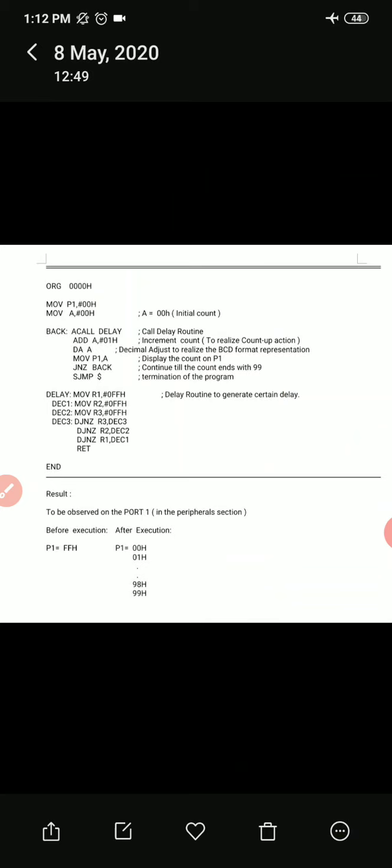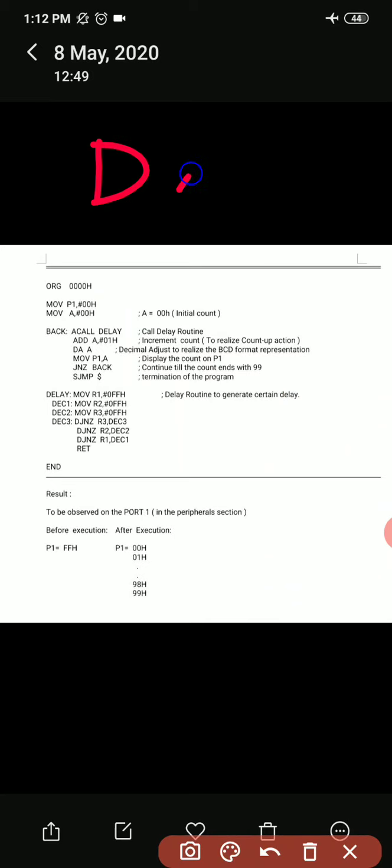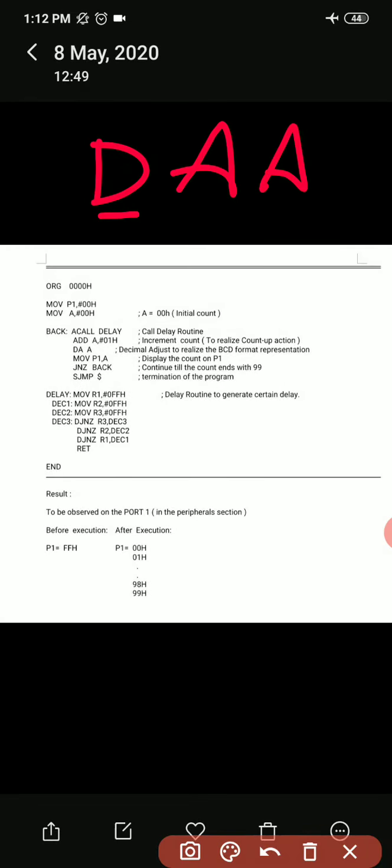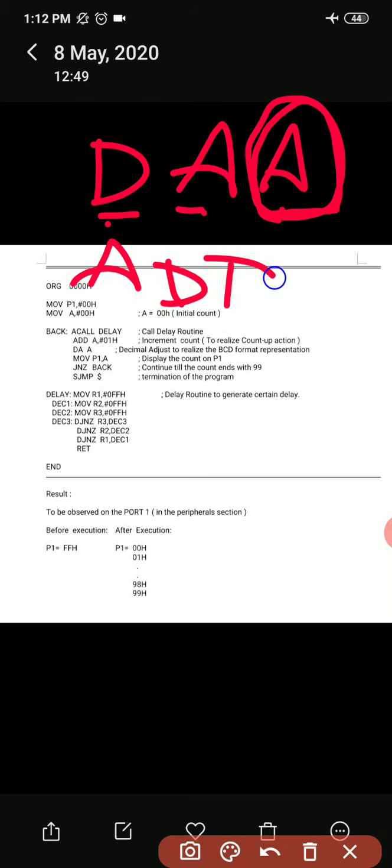DAA stands for decimal adjust accumulator, or you can say decimal adjust after addition, right? So it can only be used after the ADD instruction, right?